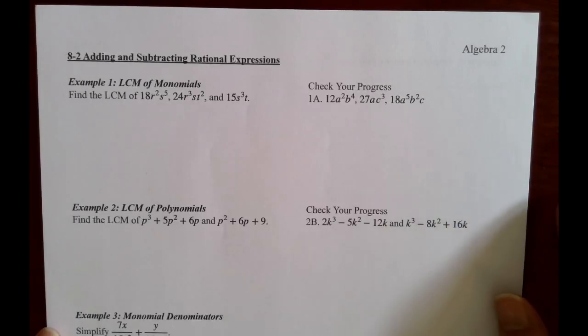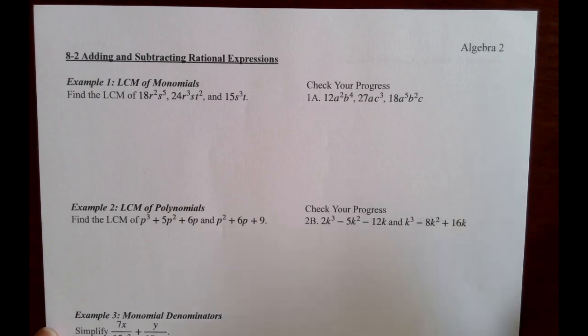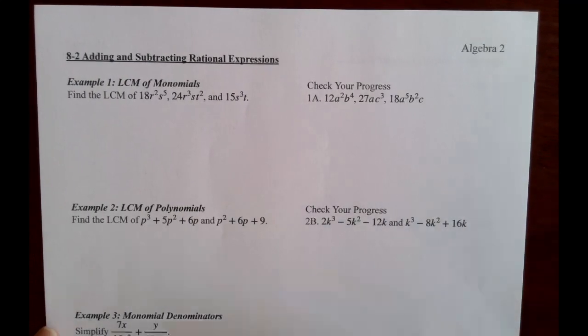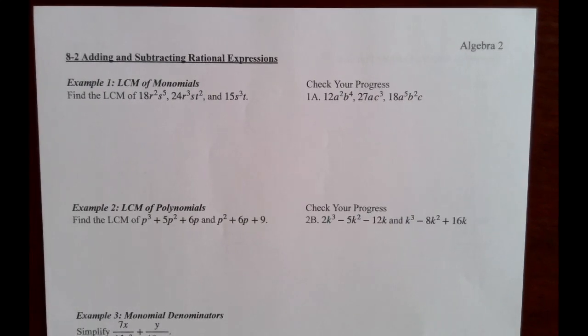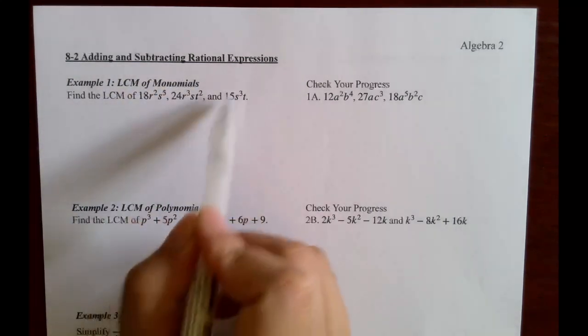Hi guys, so today we're going to be learning about adding and subtracting rational expressions. Because rational expressions are essentially fractions, we're going to be talking again about least common multiple, because when we add and subtract fractions, we need a common denominator. Okay, so we're going to start off with finding the least common multiple of several of these